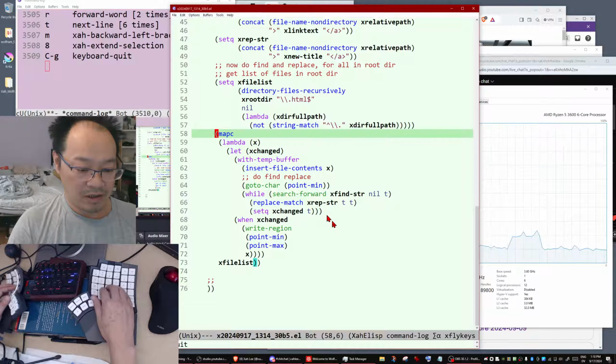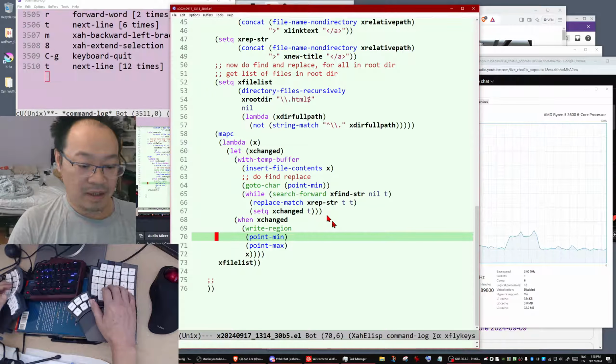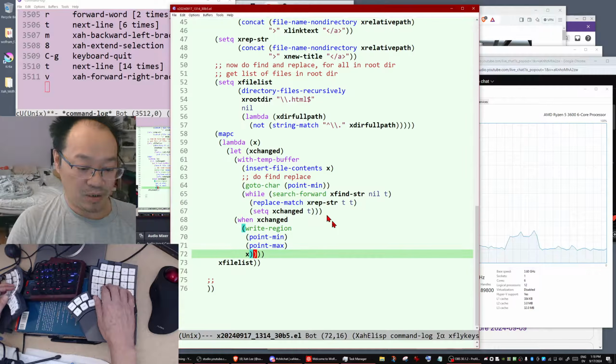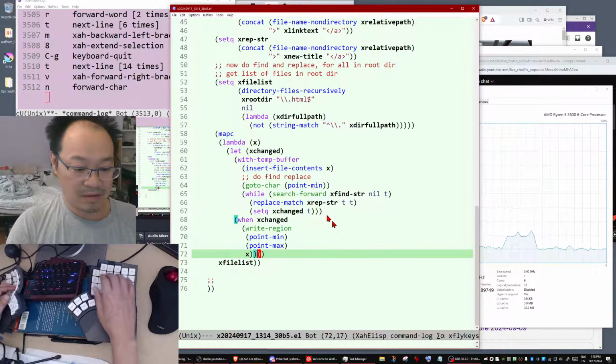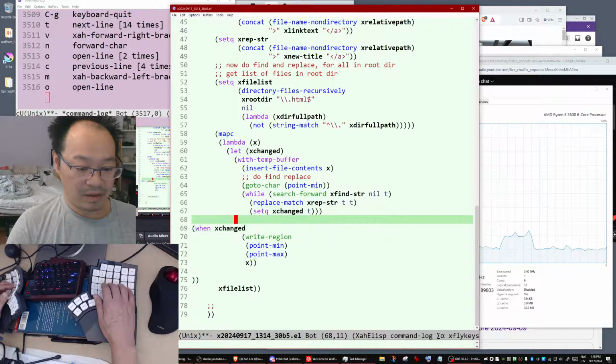So when it's changed in write to region, because it can potentially destroy or erase thousands of files. So you want to be careful here.